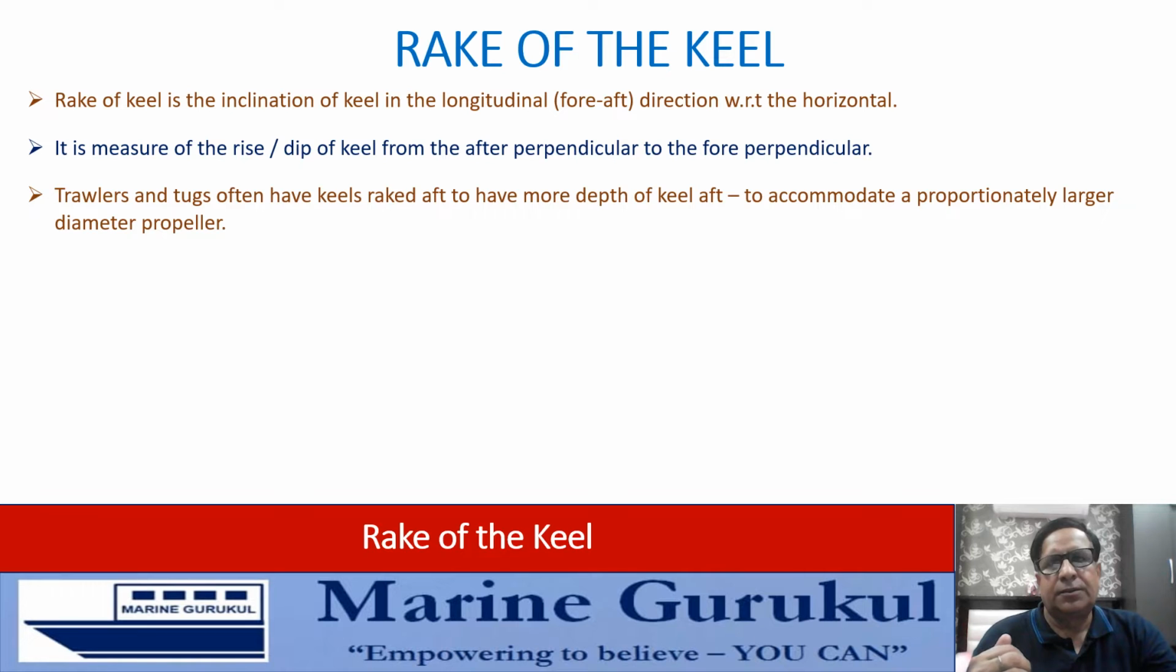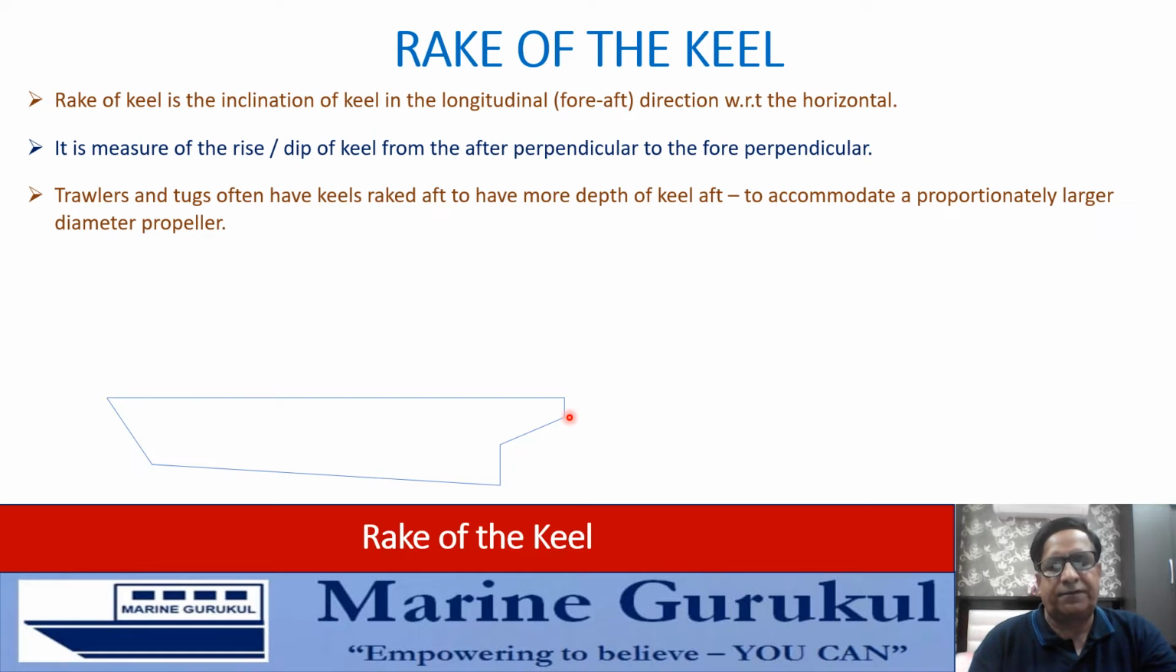Trawlers and tugs usually may have keels raked aft. Why? Because you want more depth aft to accommodate maybe a proportionately larger diameter propeller, and such keels will be referred to as aft raked or raked aft. We can see this diagram coming up here where we are drawing the outer boundaries of the ship in a profile view, and we can see this keel is not parallel to the deck. We have more depth of the keel aft compared to the depth forward,